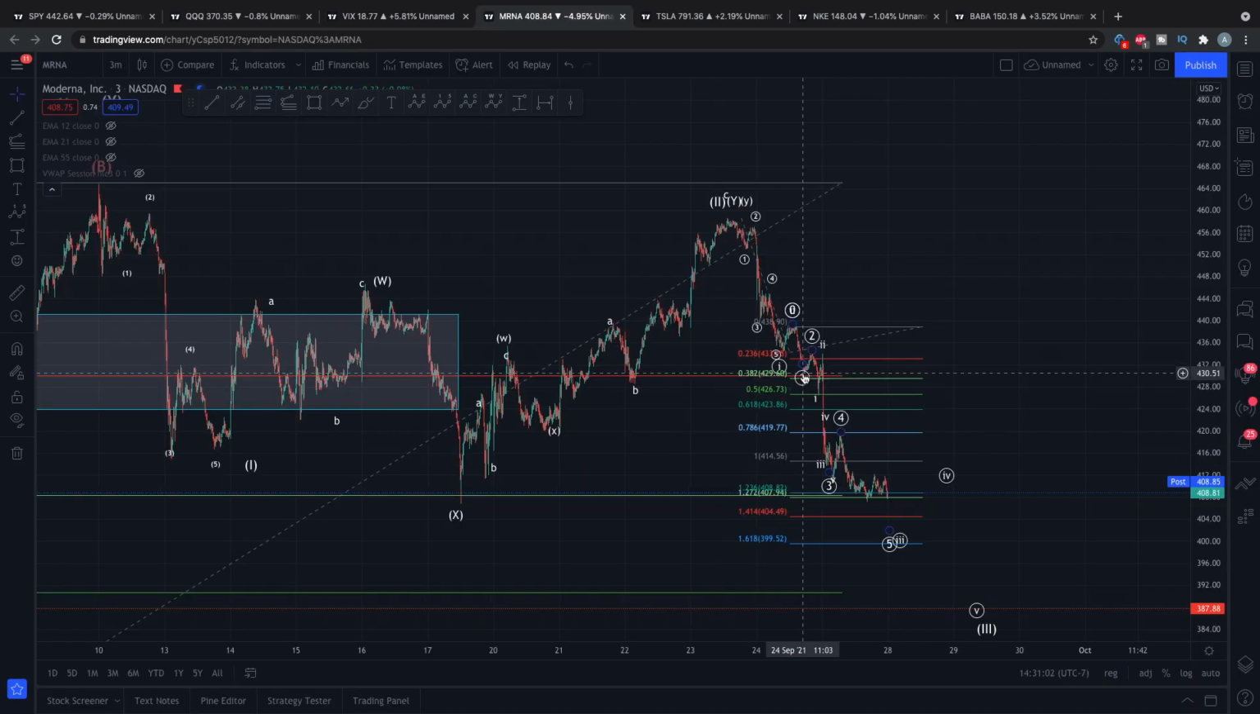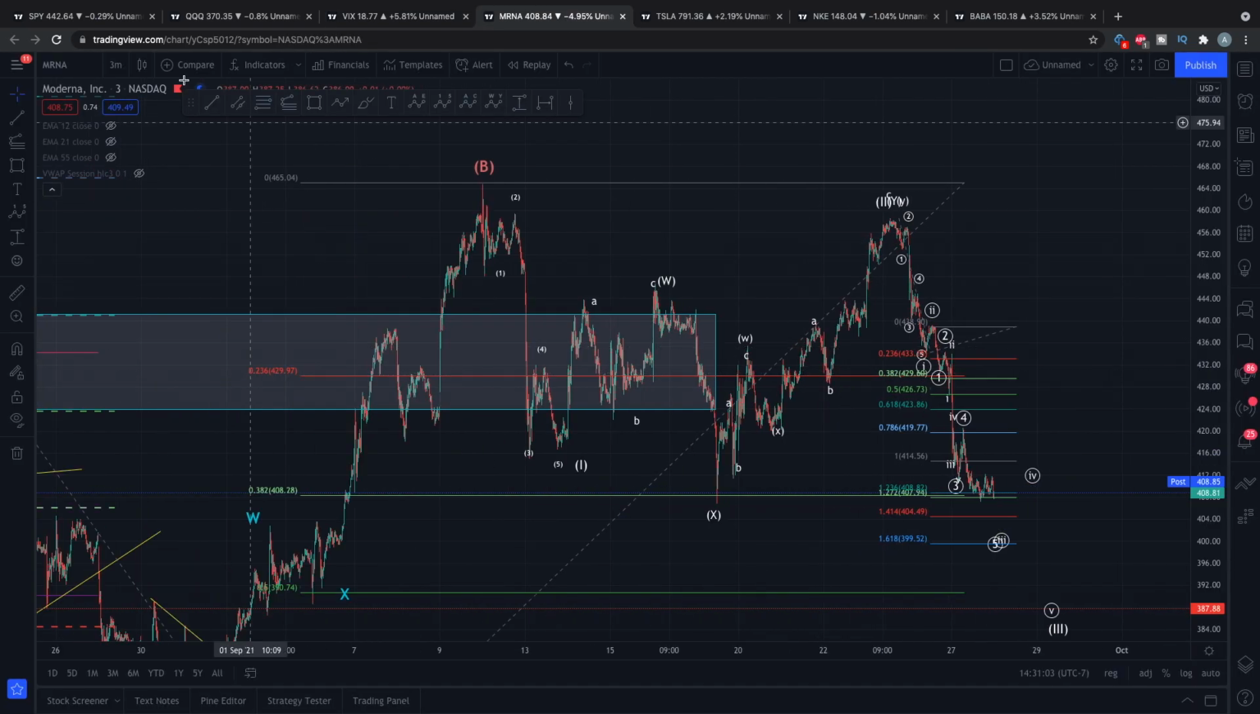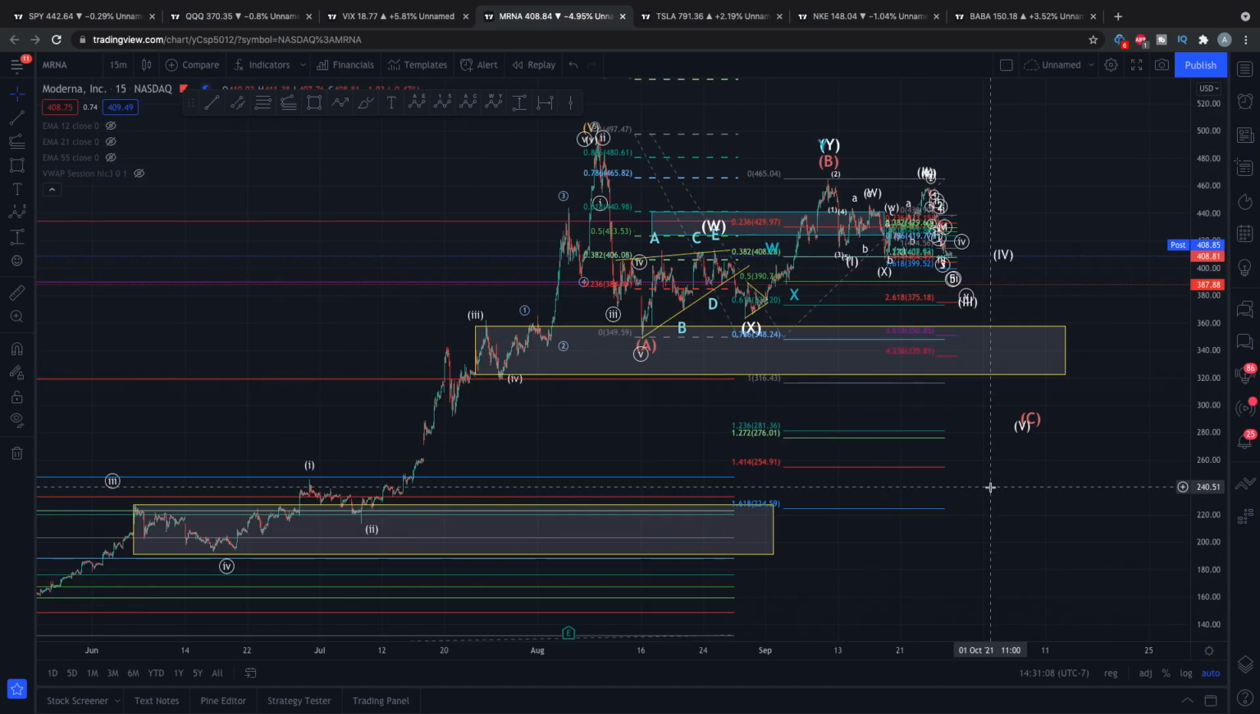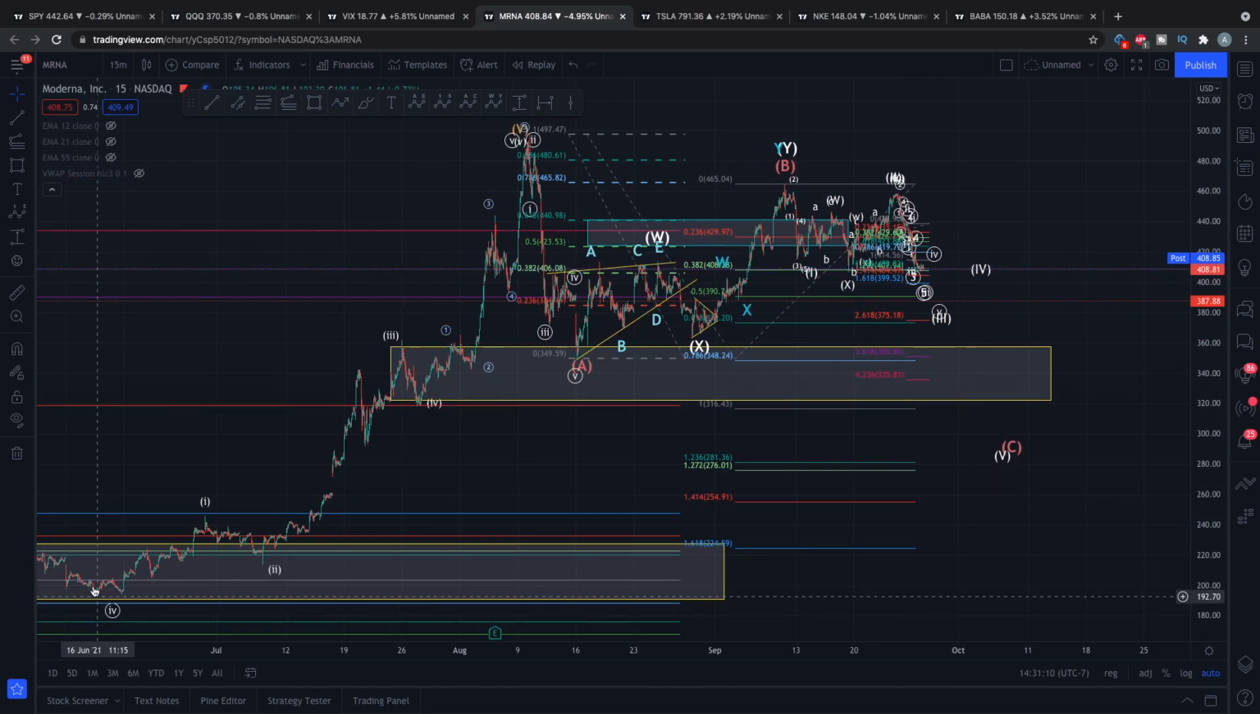So now we have Moderna stock, or MRNA. So this is a pretty interesting stock. I'm going to go back to the 15-minute time frame and zoom out just a bit before we dive into the specifics. So over here we have a laundry list of just extended wave 5s, and now we tried to